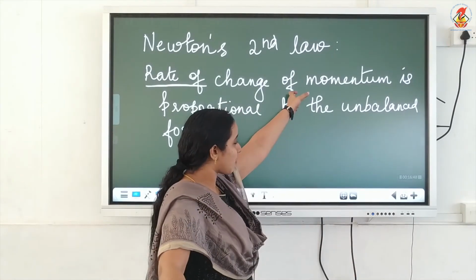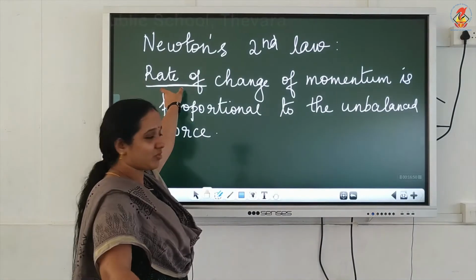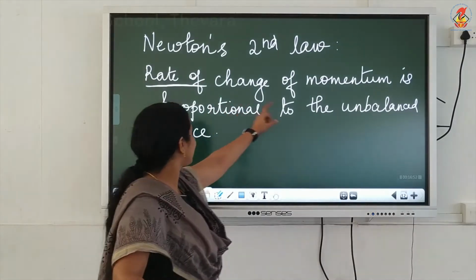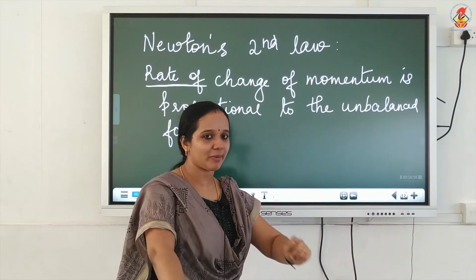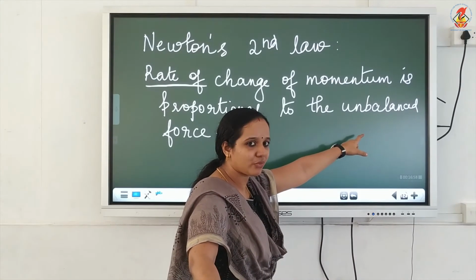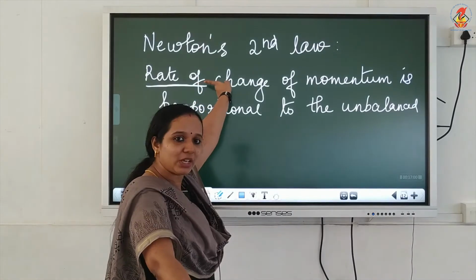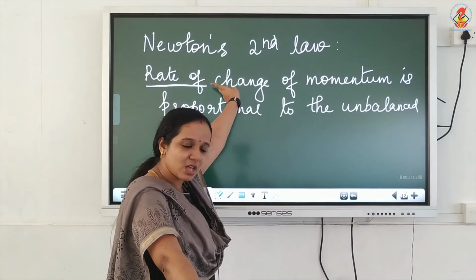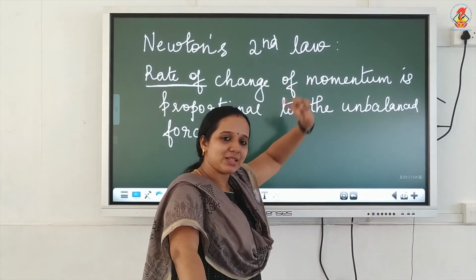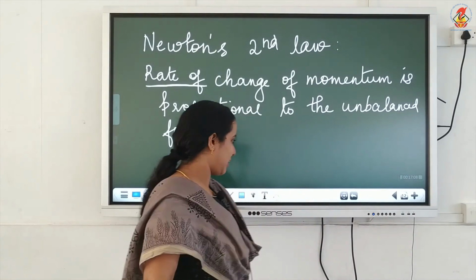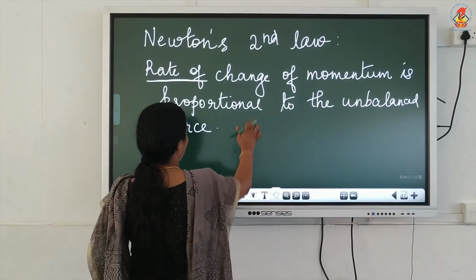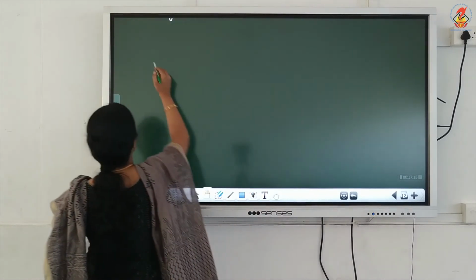This change of momentum with respect to time is directly proportional to unbalanced force. So, in order to change momentum, we need an unbalanced force, and force should be applied gradually. That means it also depends upon the time during which the force is being applied. So, the second law, suppose